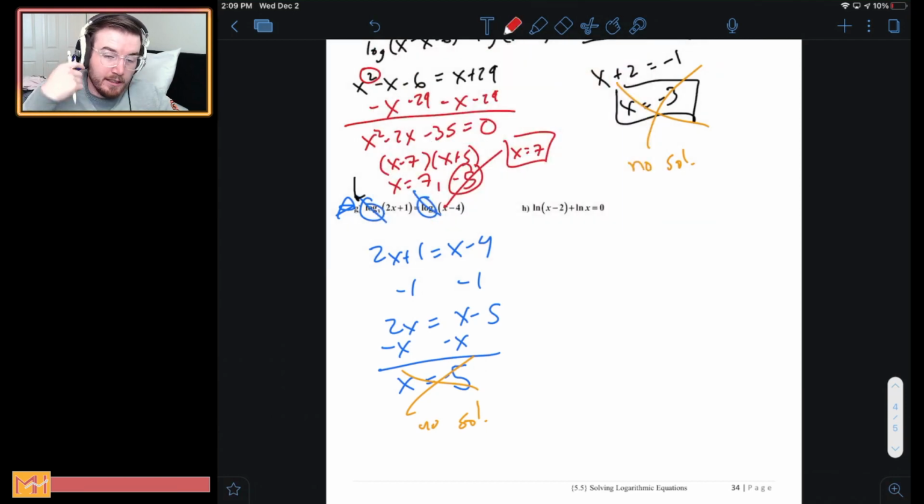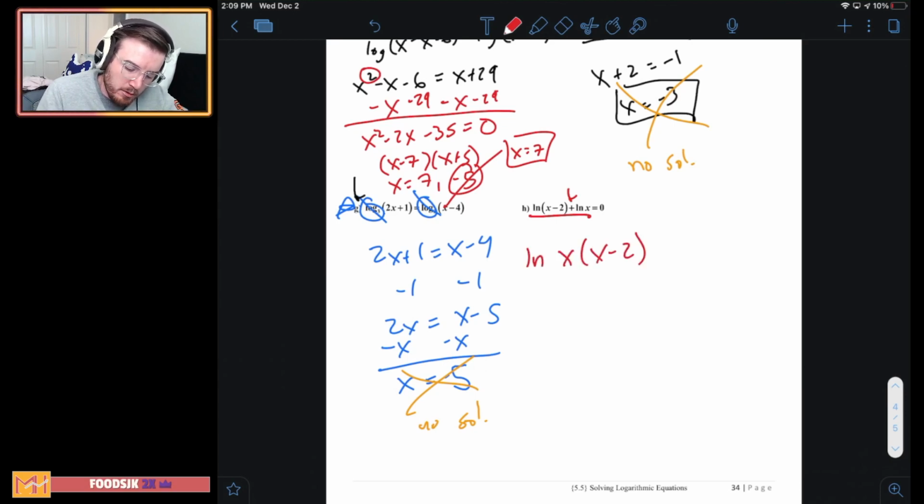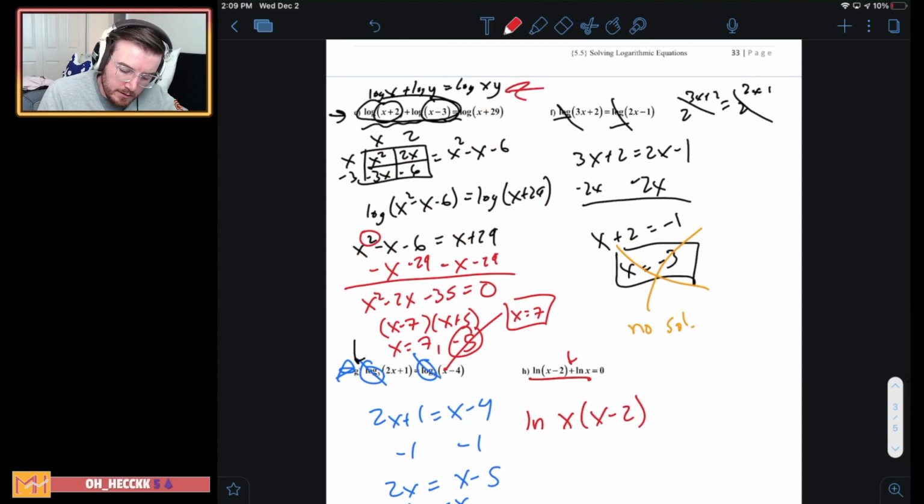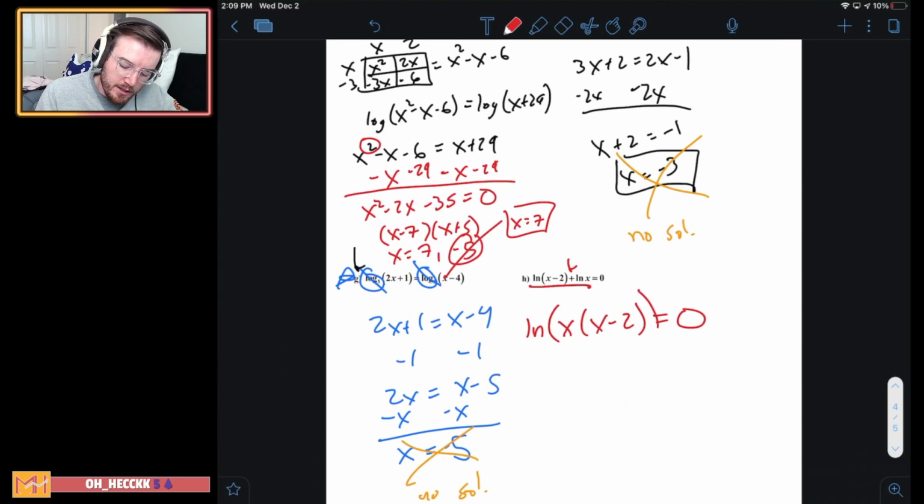All right, last but not least, we got natural log. No different though. Don't be afraid of what type of log it is, because in the end we just treat them all the same anyways, right? If you see two logs adding, you can multiply the insides together, right? That's what we did up here. Okay. We multiply those insides together, and then